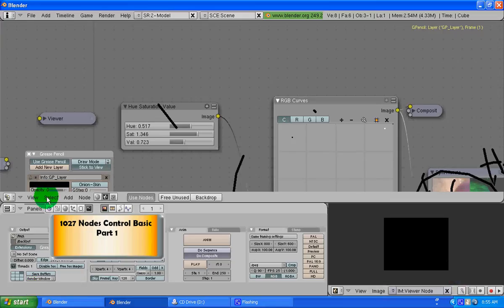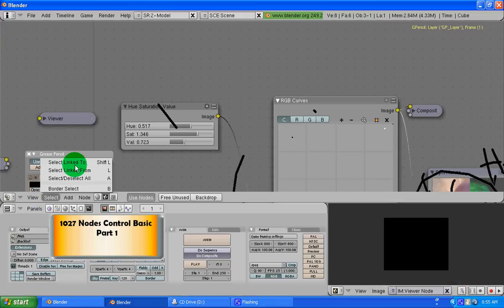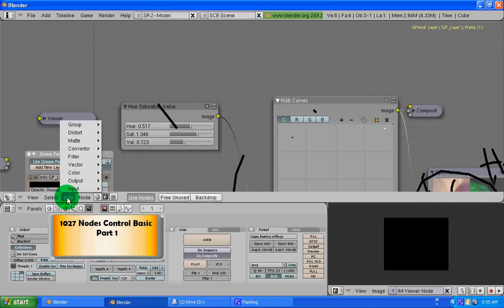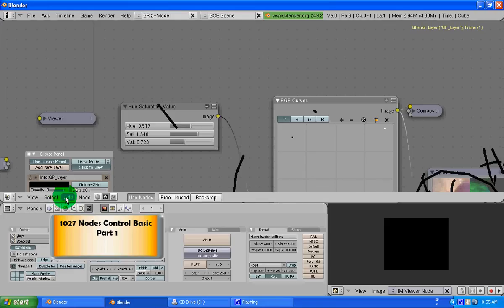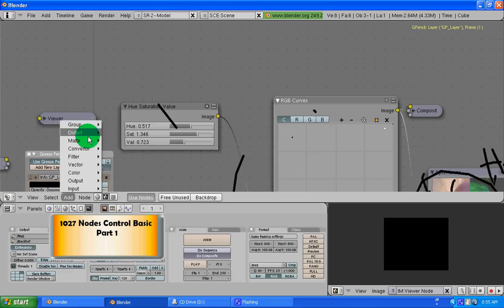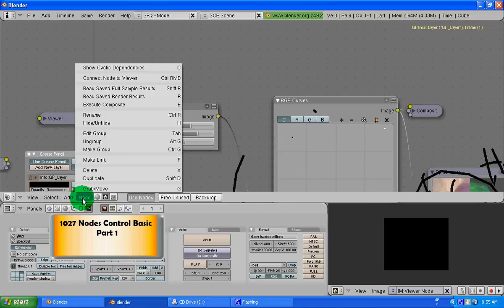Select right here is just selecting linked items. Shift L, select the linked item. Shift L, and then deselect all. Border select, pretty basic. B, and then when you do B, you can just select some of these with a B. Anyway, and then you can add all those, of course. The last thing there is you